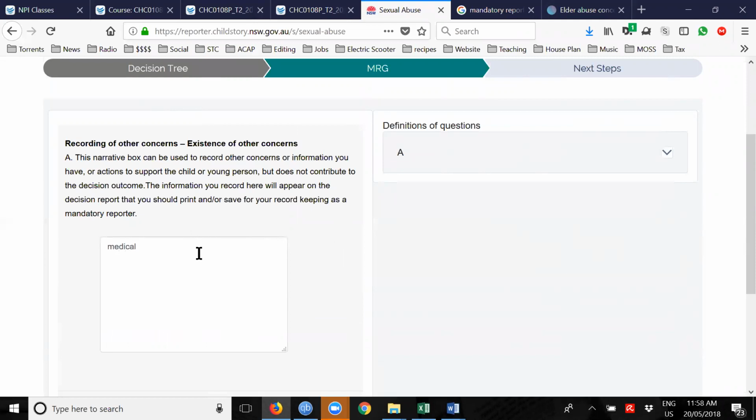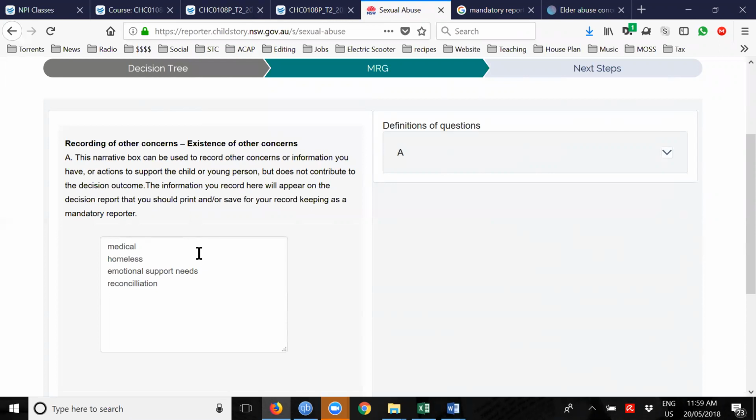Now, you can be more detailed about this, but we're just going to make a note for the purposes of this video. She's homeless as well, so we'll write that down, homeless. She's been raped, so she's going to have some emotional support needs. She's under the age of 16, so she really needs to be reconciled with her family, unless there's a history of abuse there, for example. So we're going to put reconciliation down